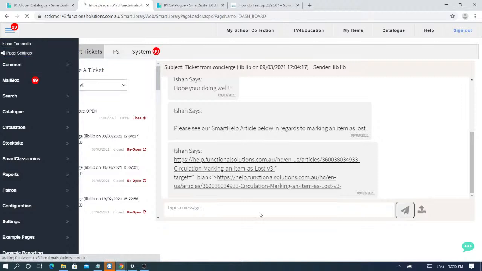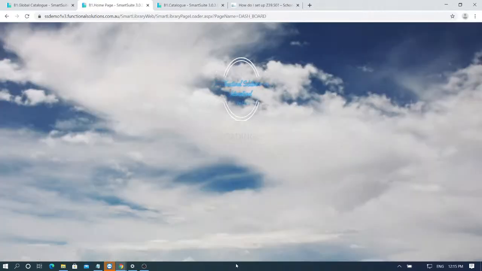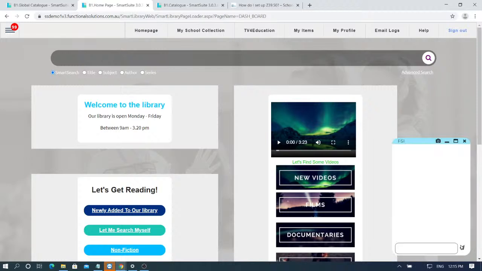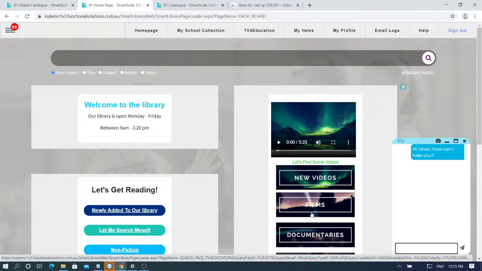And for all our new users, we have created a new function called Concierge, which can be accessed by clicking on this chat bubble on the bottom right hand corner. This will allow you to chat with our team instantly. So if you have an inquiry, let's say I need